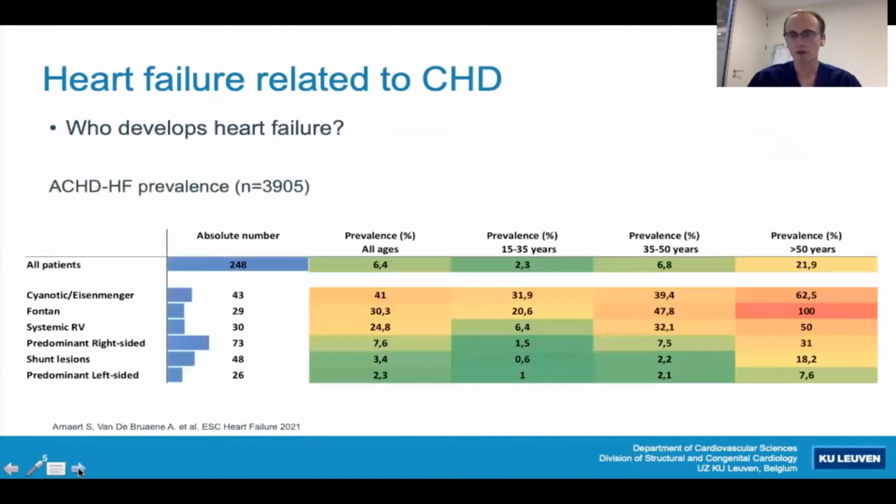Since we know that heart failure is prevalent, is increasing, and is important, I think it's very important to think about who is actually at risk of developing heart failure. Again, looking at our patient cohort here in Leuven, we see that patients with cyanotic congenital heart disease, Eisenmenger syndrome, a Fontan circulation, or a systemic right ventricle have a quite high prevalence of heart failure, which rapidly increases with age. For example, in patients with a Fontan circulation, virtually all patients older than 50 years will have some form